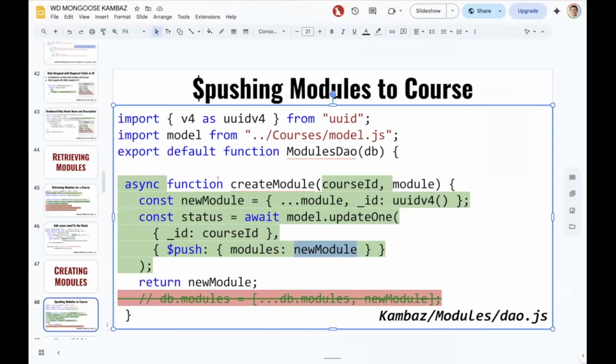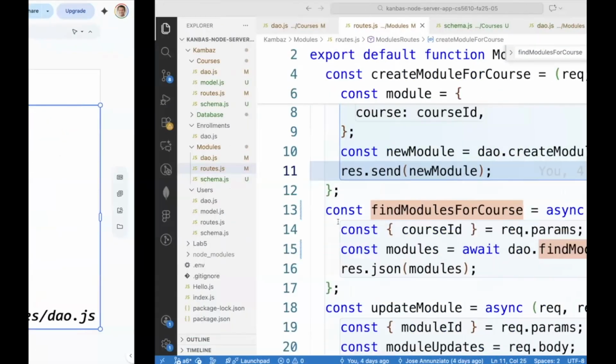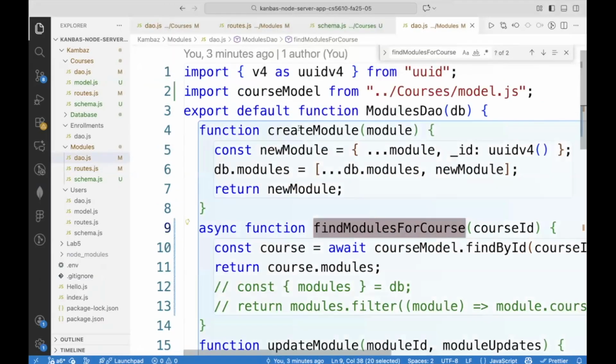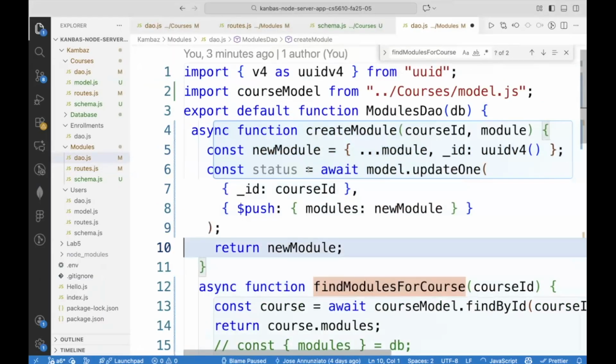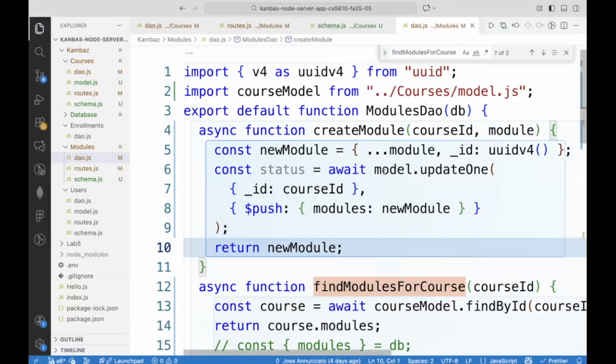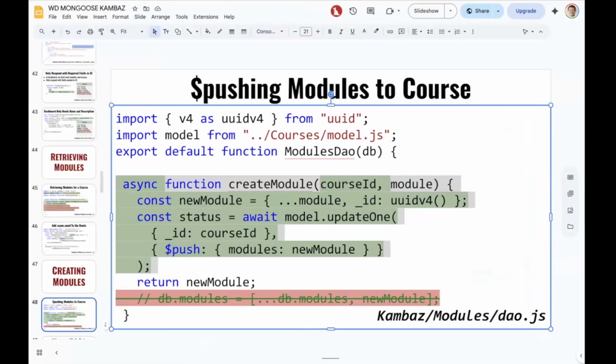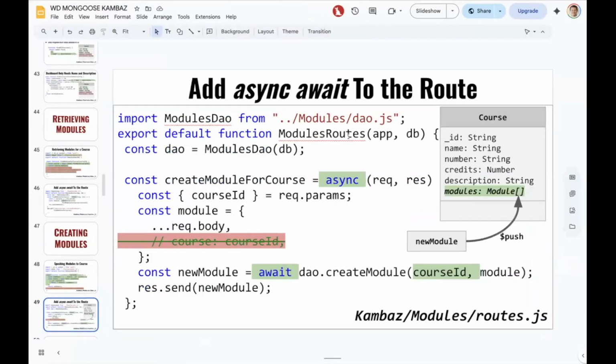Okay. All right, so let's do that. Let's copy this as the new implementation for the create module in the modules DAO. So in the modules DAO, create new module, we have this implementation. There we go. And so we're pushing into the array in the module. Okay. Now in the